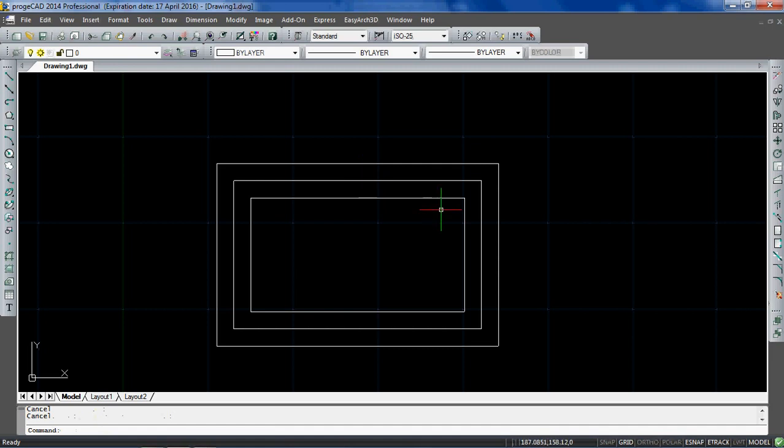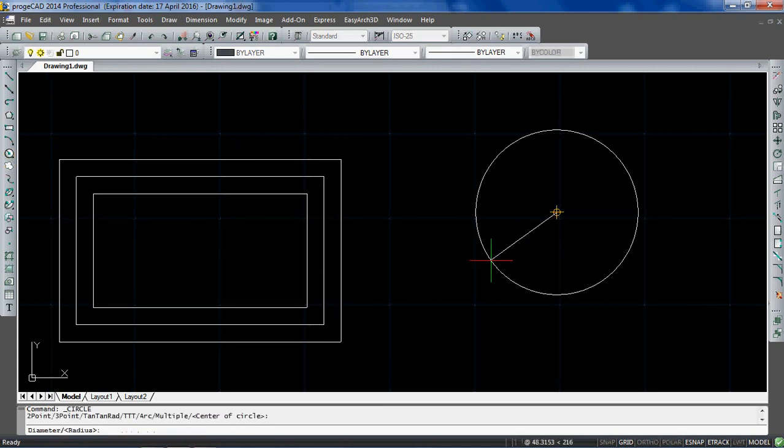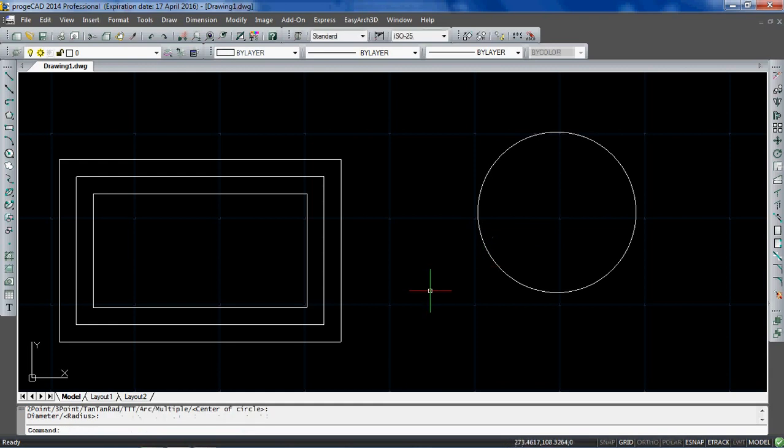Now in the same way, let us do the offset command for circles also. Now I am drawing a circle with random dimension like this. Now again take the offset command. See here, a 10 mm default dimension is already fed into the Project CAD, so there is no need to give another distance again. If you want, you can give another dimension, like let us take 5 mm this time. I am giving 5 and pressing enter.